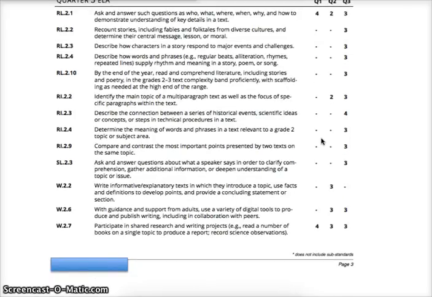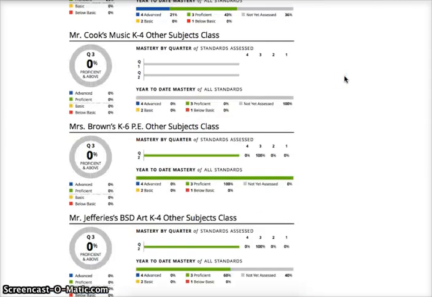If you have any questions, please feel free to let me know. Hopefully this explains a little bit more. But double check over here to make sure that it's reading informational, reading literature. Here's all the standards, and then a 4, 3, 2, or 1. If you look back up here,